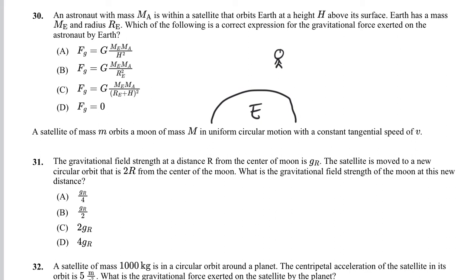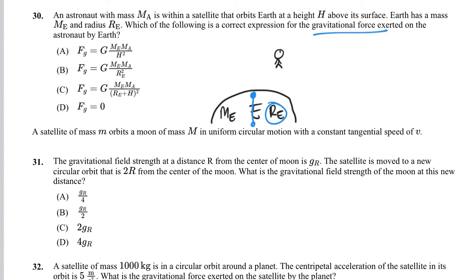Earth has a mass of m_e, so let's do m_e, and a radius of r_e. So let's draw that radius here. So that's going to be r_e. Which of the following is a correct expression for the gravitational force exerted on